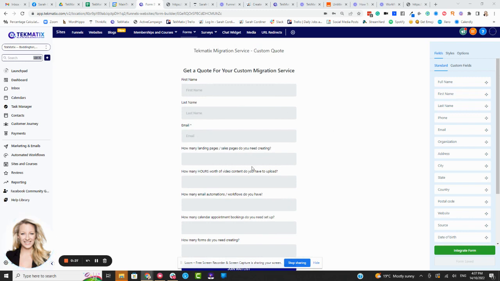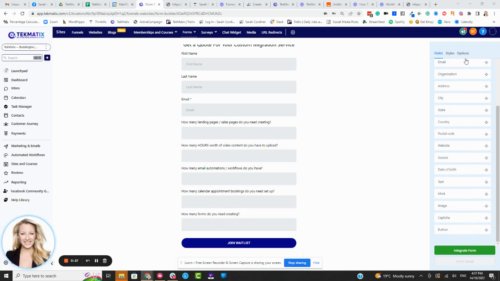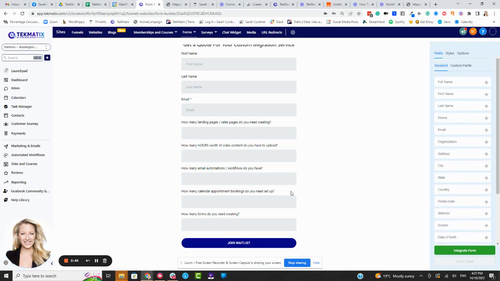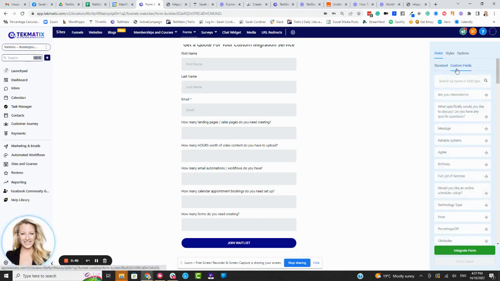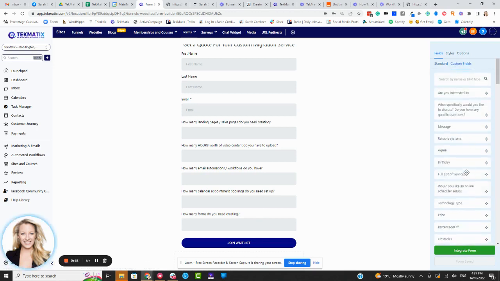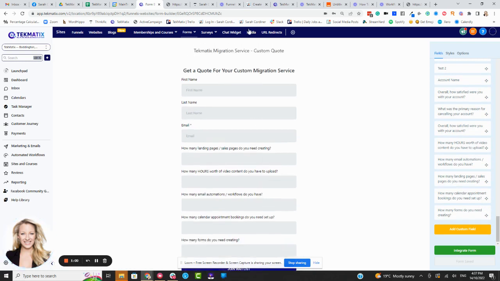So pull over the fields that you need. You can see here I've got custom fields so that I can get specific information from my leads to be able to then give them an accurate quote. So you simply go into adding your custom fields. If I go into fields over here, is it because I've not clicked on here? Oh, there we go. Sorry, losing my mind today. Click on custom fields and scroll down to the bottom, and then you can add as many custom fields as you like. All right, so I've now got my custom fields, I've got my form, and we are going to